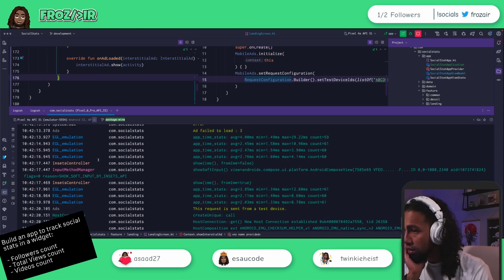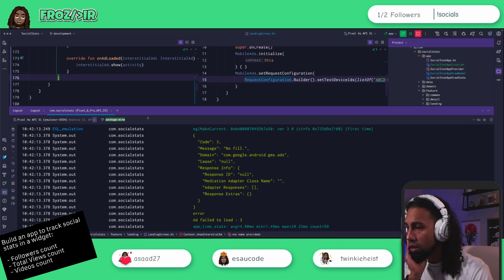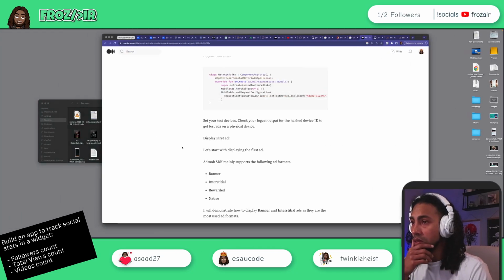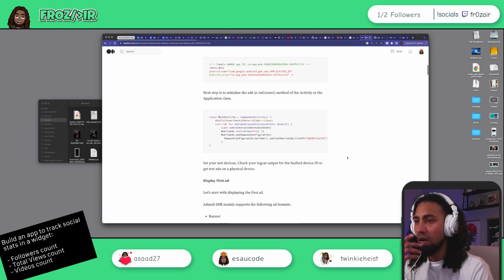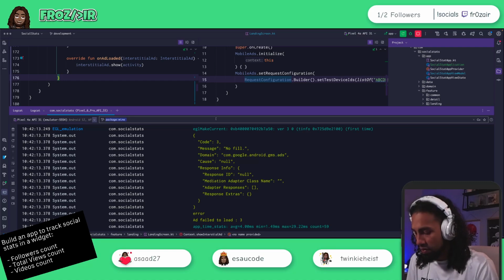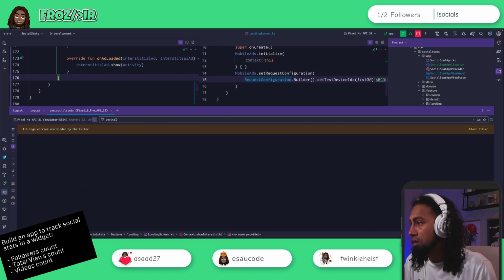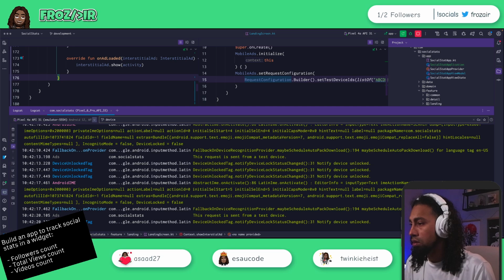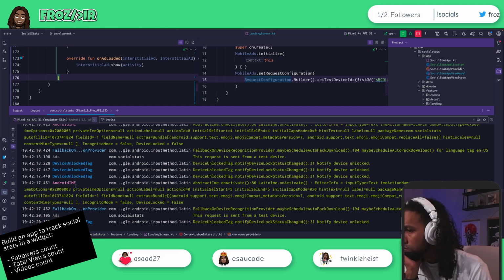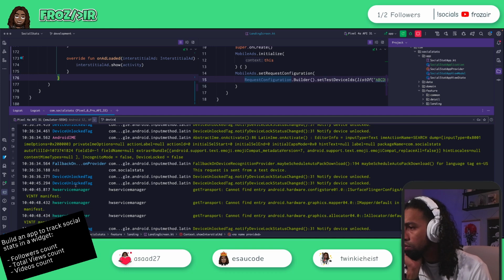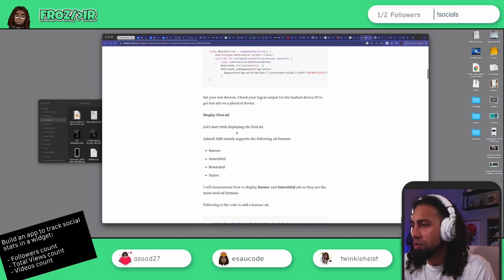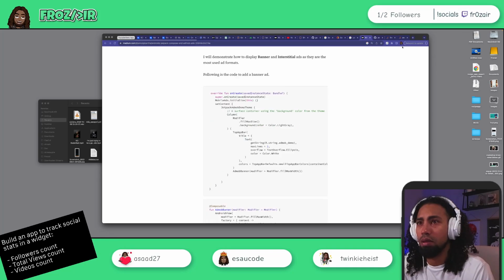Bro, I don't understand why this would do this. How do I get my hash device? How do I get my device ID? I don't know how to get my device ID. Displays first ad. Yeah,